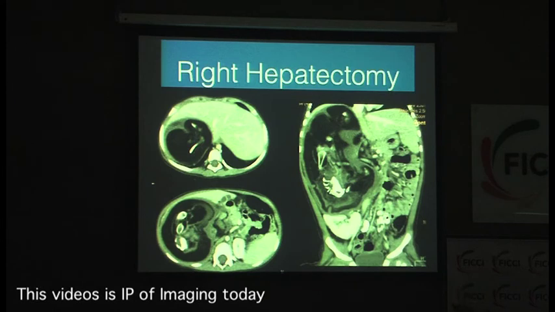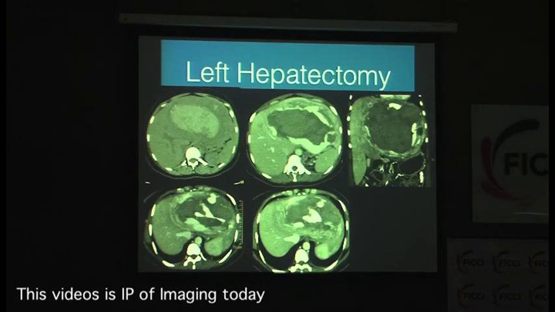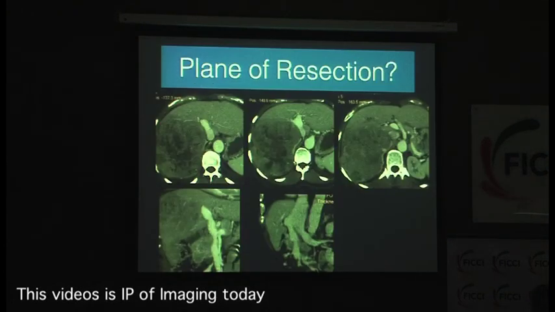So this was a fetus in fetu, and you can actually see well formed vertebrae. Yeah, so you can actually see the vertebrae and the limbs, surrounding fat. This was a 3-year-old girl who had a right hepatectomy. And where is the right portal vein, where is the left portal vein in this patient?